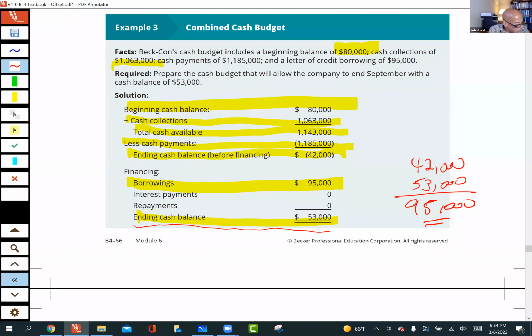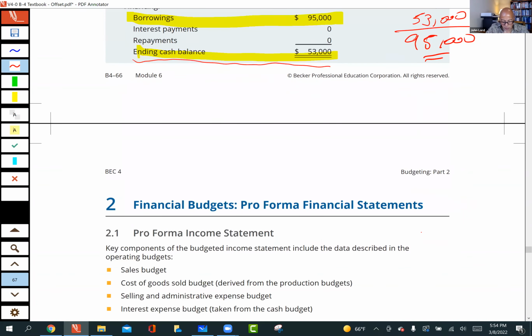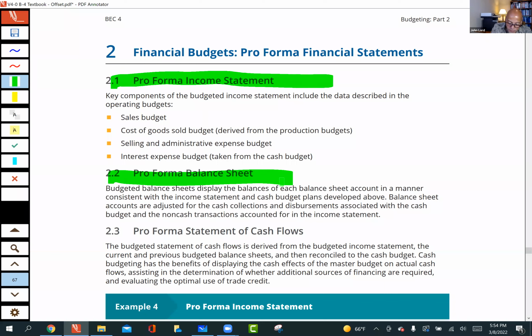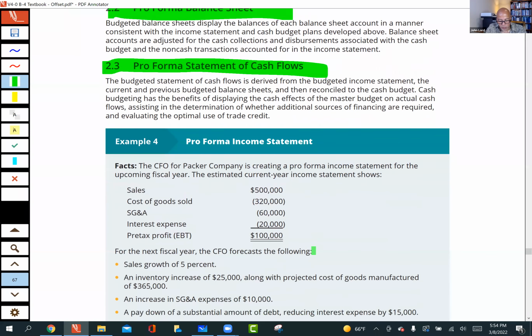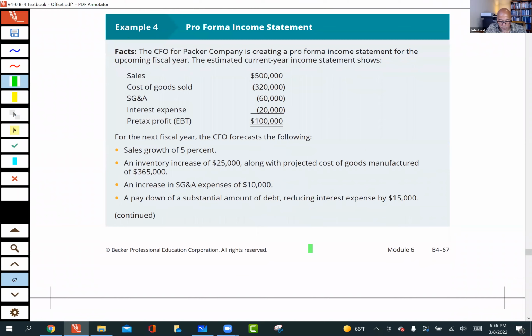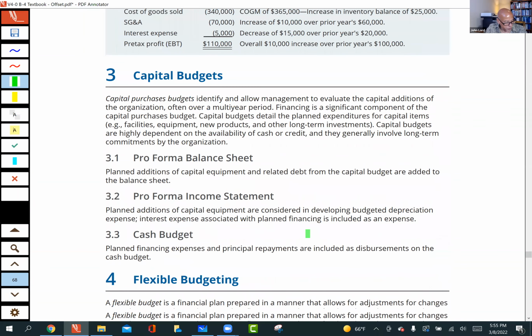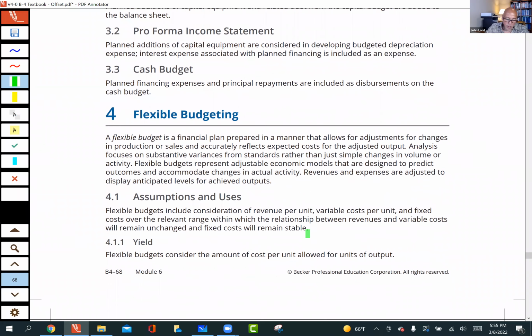Okay, good. Let's go ahead and note that we would make our pro forma, our budgeted financial statements, from these calculations that we've been talking about. We talked about how we would do the income statement, balance sheet would be similar. And then let's just remind ourselves that there are also capital budgets. What we've just been talking about is the operating budget, there would also be a capital budget.